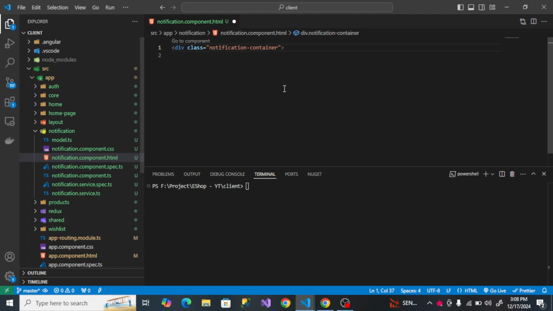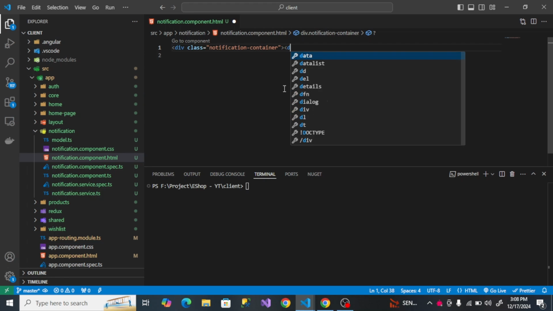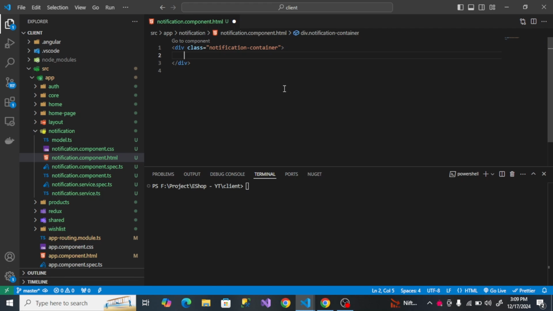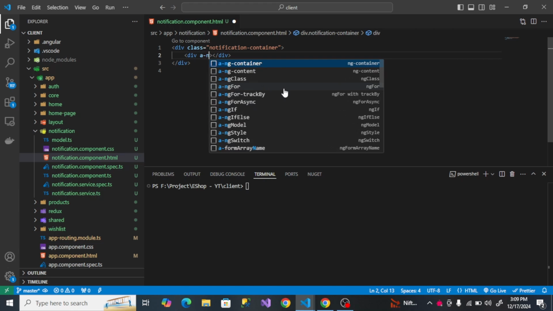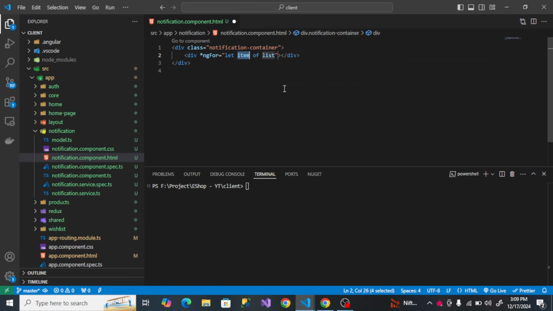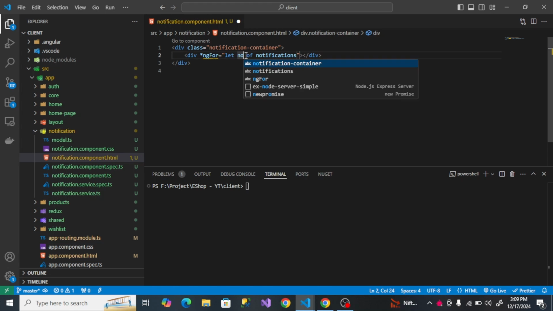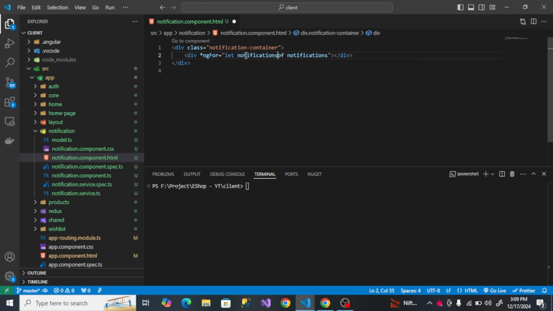So in HTML there will first be a notification div, and in this there will be one more div which will show all the notifications. For that we have to add ngFor from our notifications, and it will be notification. Okay,